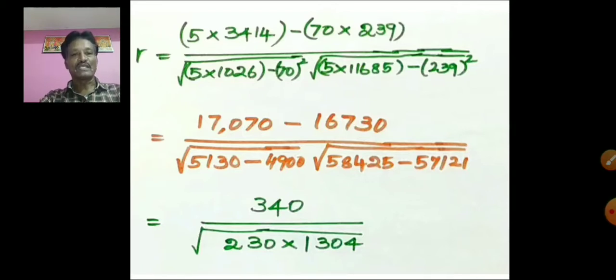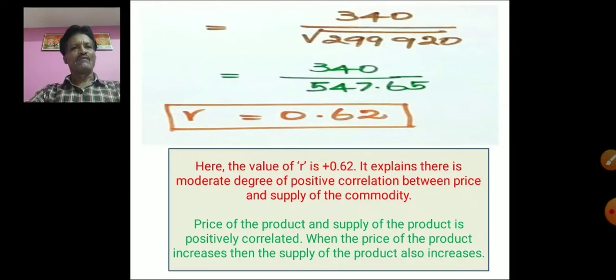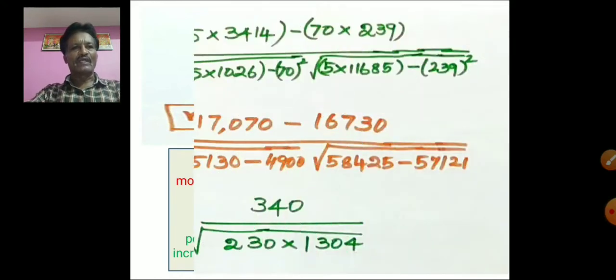The difference is equal to 340, the whole divided by under root of 5,130 minus 4,900 that is equal to 230. You put multiplication sign, and the difference between 58,425 and 57,121 that is equal to 1,304. So now in the numerator we are having 340, and in the denominator we are having under root of